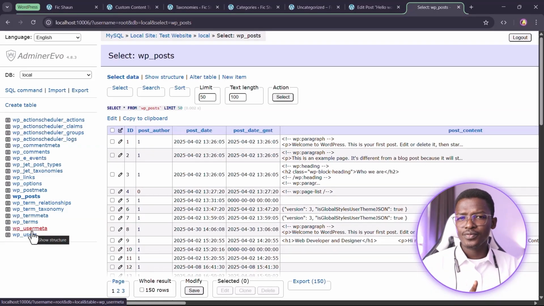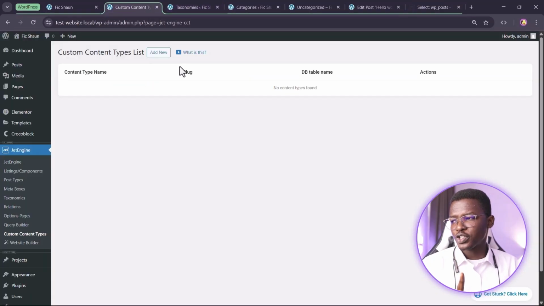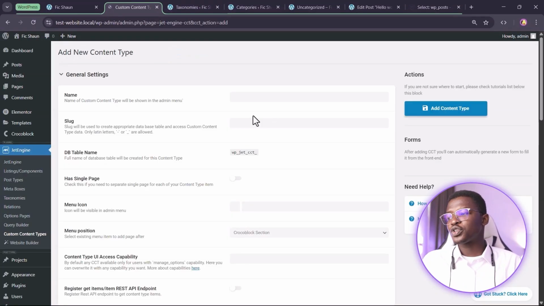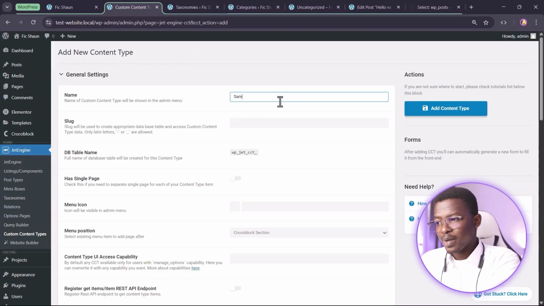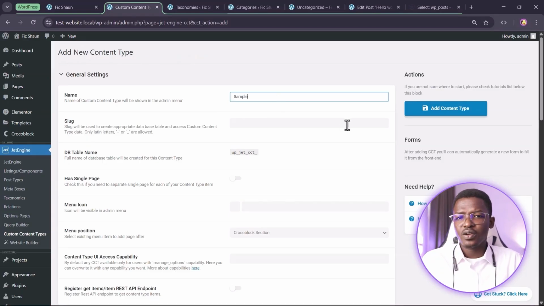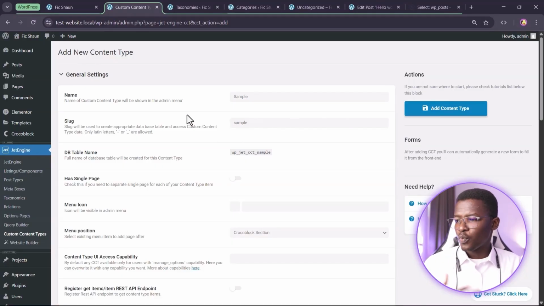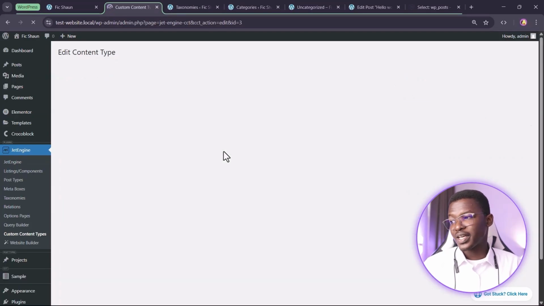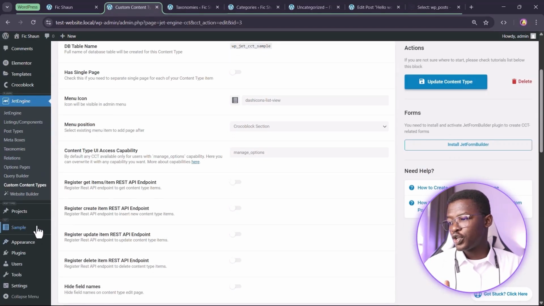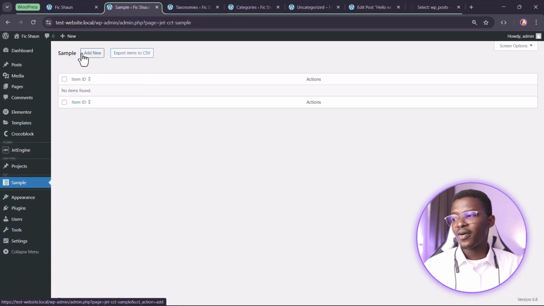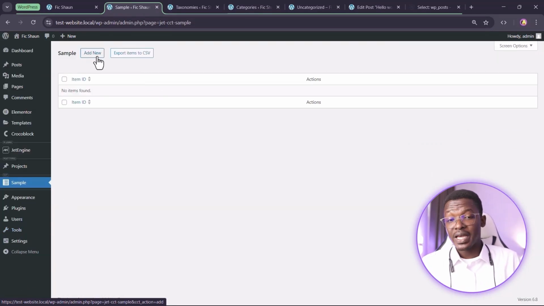Now, we want to create a new custom content type. Let's click on add new here and say that we want to create a custom content type called sample. Right now, I don't have an idea of what we need a custom content type for, but we're gonna discuss this sometime in the future for sure. Now, once we select that, we just add a name there. We can click on add content type. Once we do that, we have a new item right here on the dashboard called sample. If you click on that, you can now add in new samples, just like you can add in new